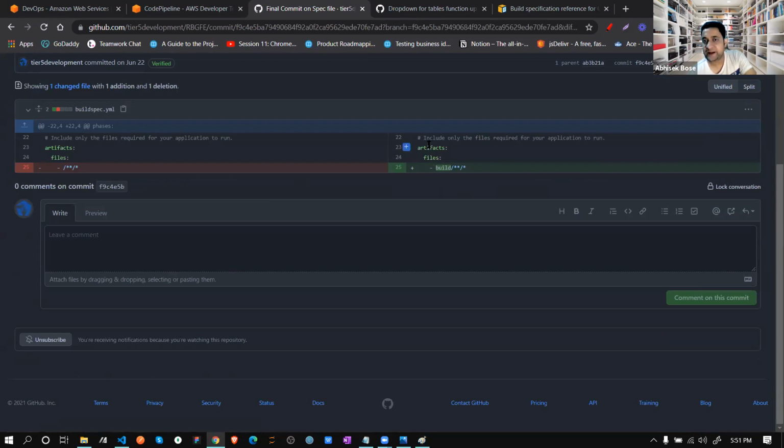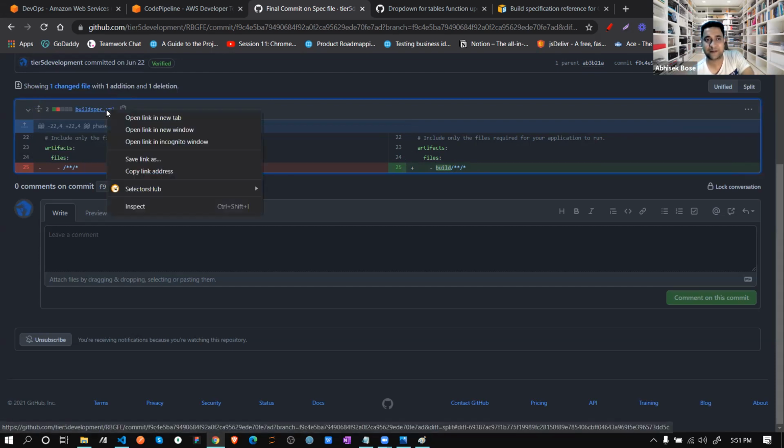You can see in artifacts I wrote build, then dot star, this way. So this is where I'm changing the folder, basically mentioning where I need to store the files. This is simple. Don't worry, unless you are doing it by hand, it's very difficult. Otherwise this is not super duper complex.